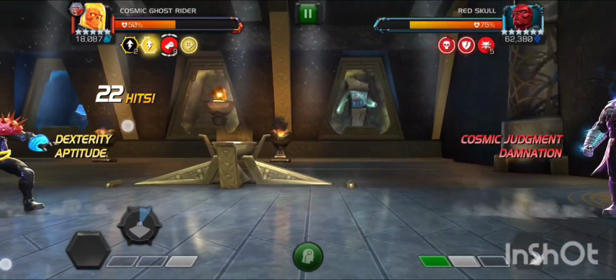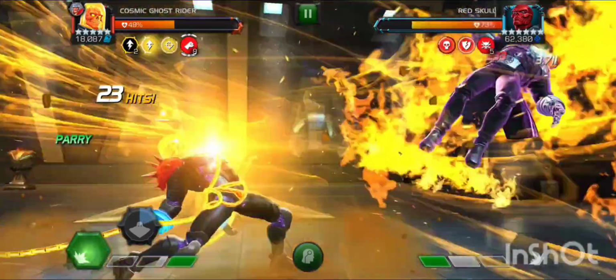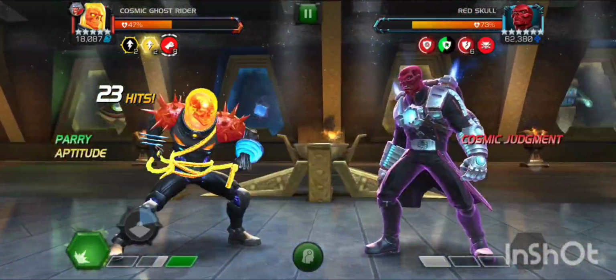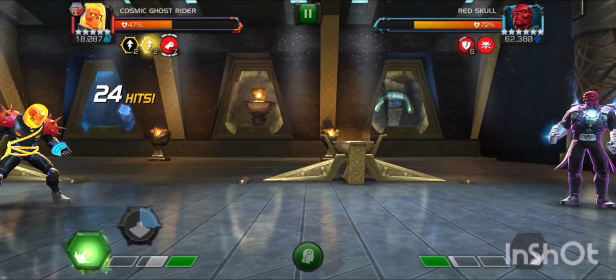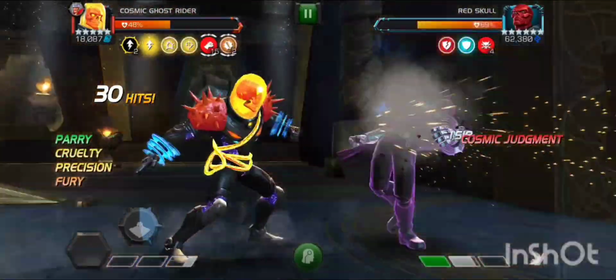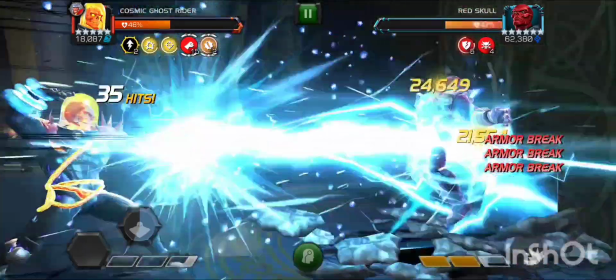and here I've taken some damage. I am almost at half here, so this fight was not a good start. And after SP1 the Red Skull gets auto block, so I have to keep it in mind and I cannot let him use his